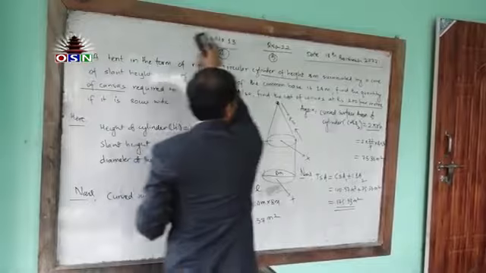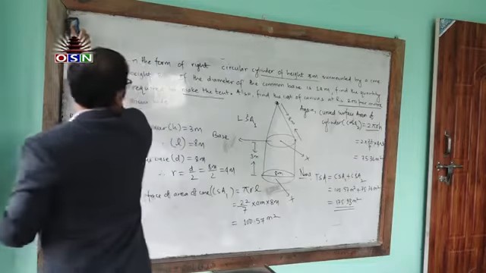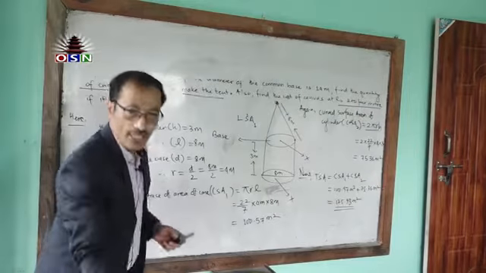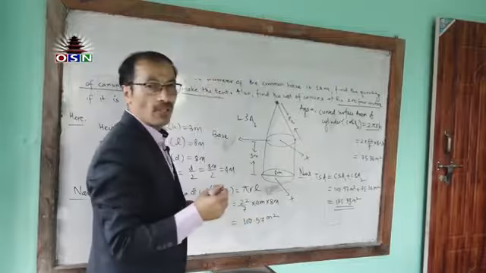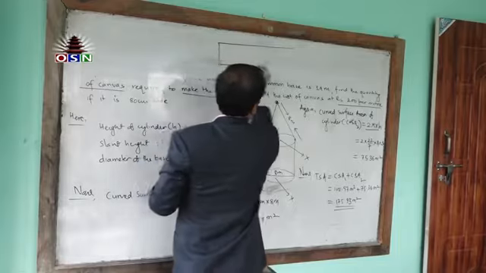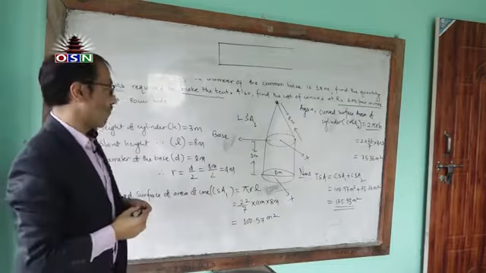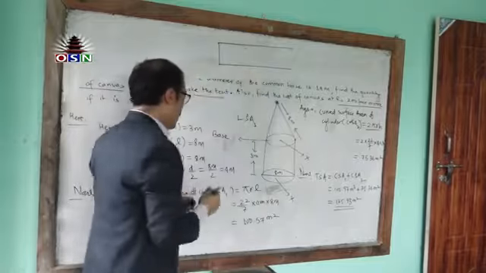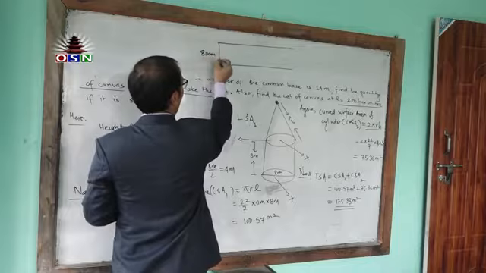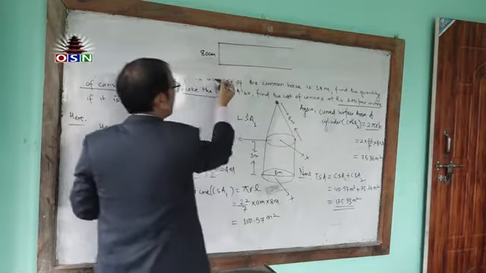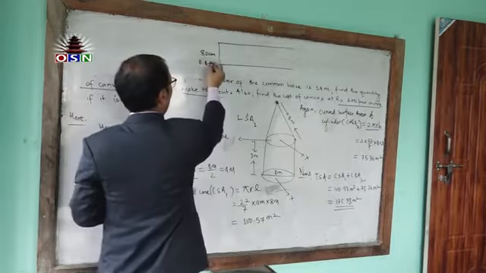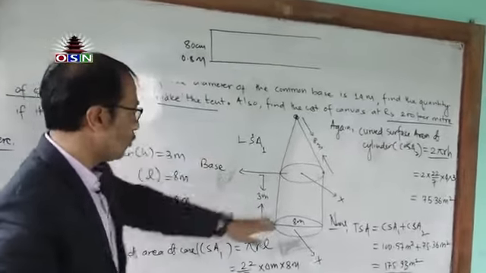I'm going to erase here. Okay, normally we know very well that a canvas used to prepare a tent is rectangular in shape. This is the canvas, and the question has mentioned the width of this canvas is 80 centimeter. This is the width of canvas, we can say breadth also. When it is changed into meter, we know it is 0.8 meter. This is the width of the canvas that is used to prepare this tent.